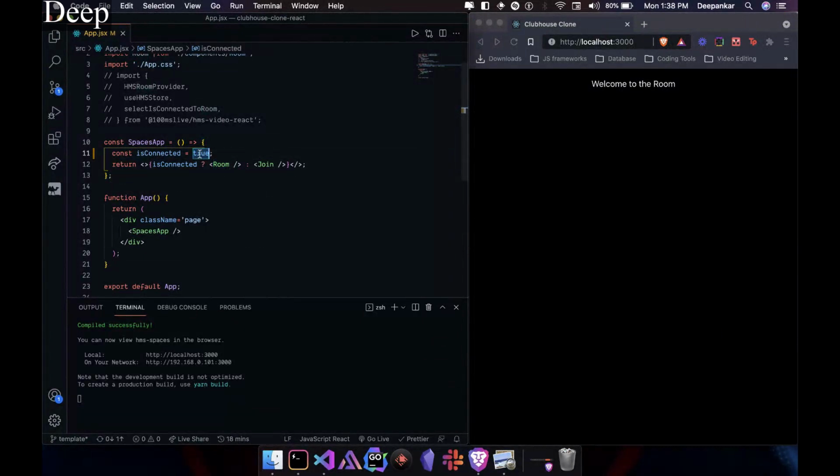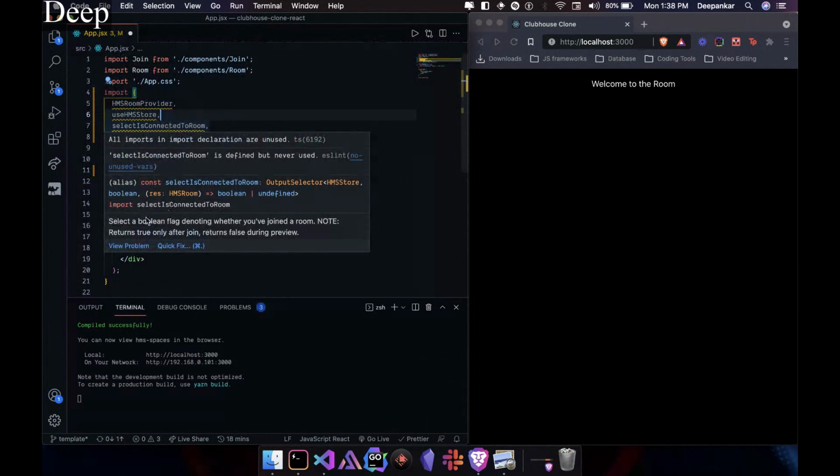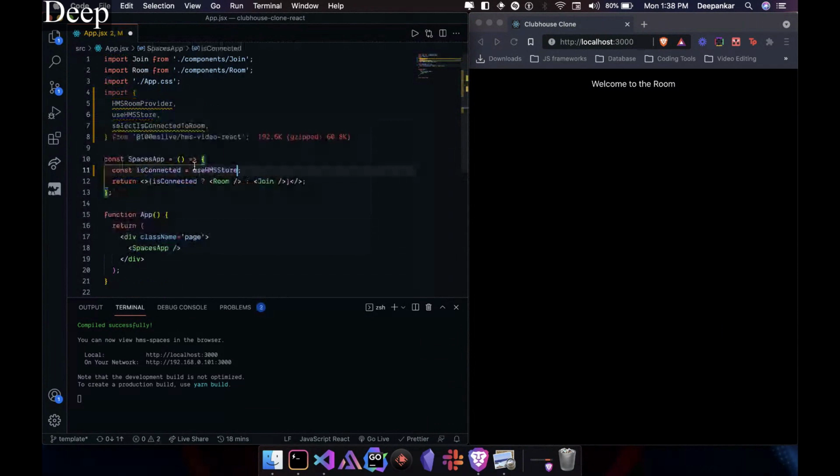But how do we actually know which person is in the room or not? This is where 100ms SDKs shine. I will just uncomment this part. To know whether a person is connected to the room or not, there's this selector function called selectIsConnectedToRoom. What this selector function gives us is a Boolean value whether the person has joined the room or not. How can we actually access this variable? Well, we just have to use the HMS store and pass the selector function inside it. Now isConnected is the actual Boolean value that will tell us if the peer is connected or not. Now if I save,